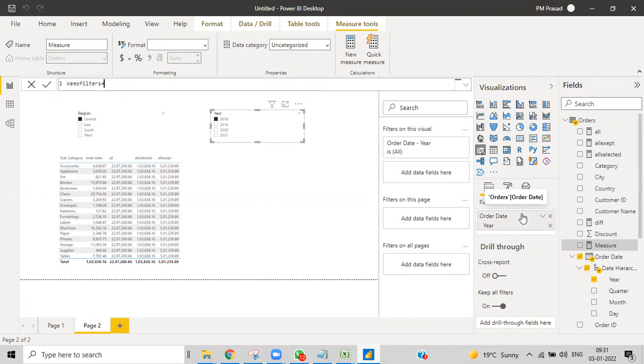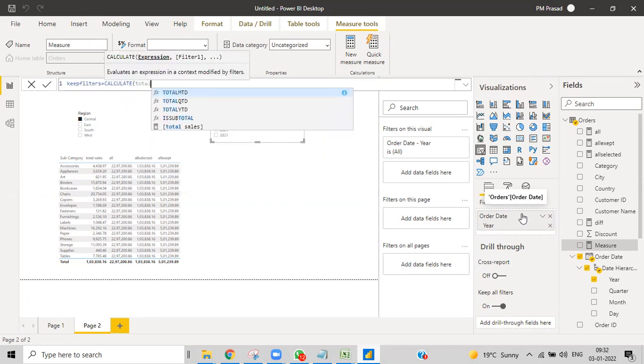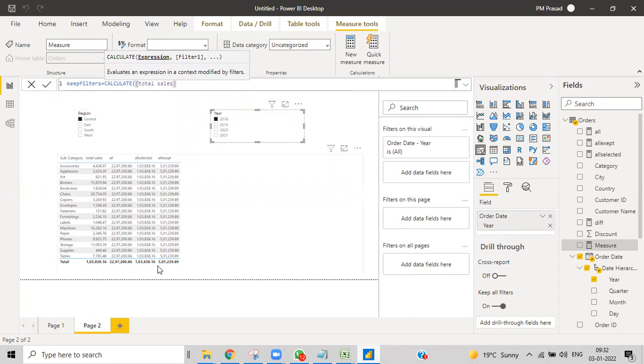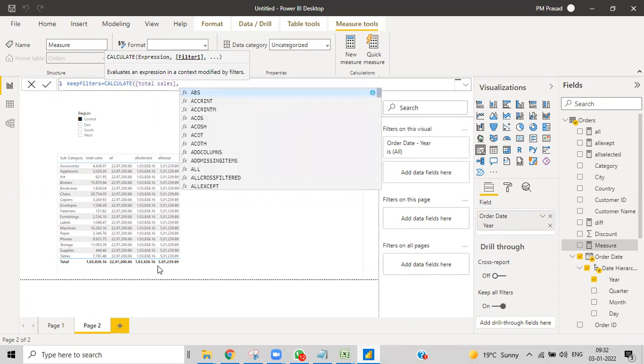Sorry, calculate total sales, and then afterwards keep filters.